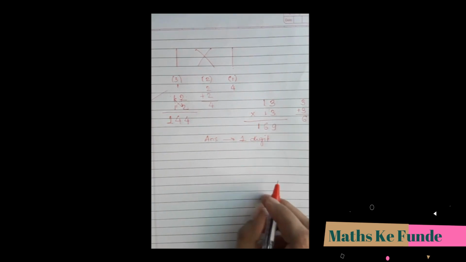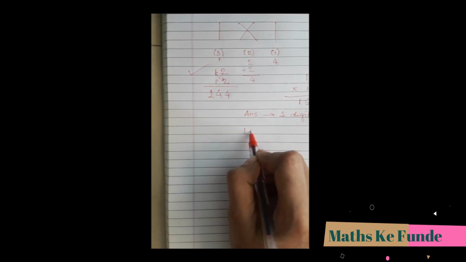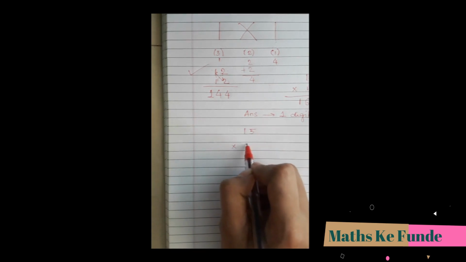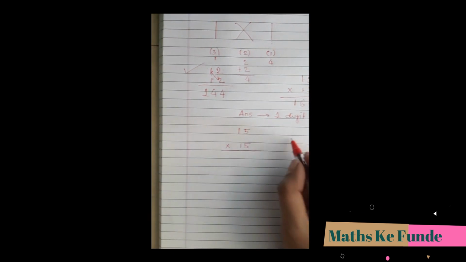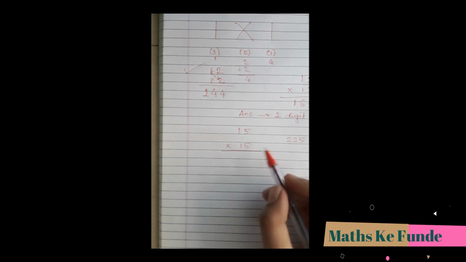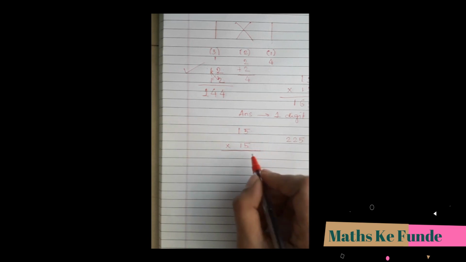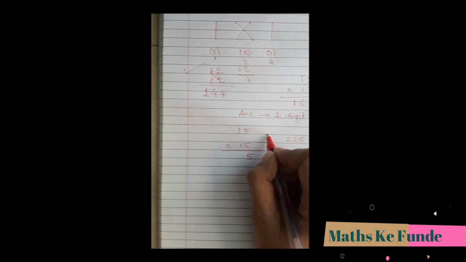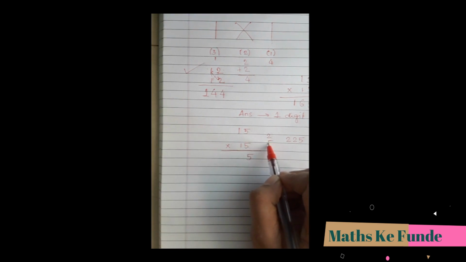Now let's take an example wherein my answer would be two digits, and let's see what I can do in that case. Let's take 15 multiplied by 15. Now everyone knows what 15 square is. 15 square is going to be 225. So let's see how we can proceed. First step, 5 into 5 gives me 25. So I'll write down 5 and I'll carry 2. Now second step, 1 into 5 gives me 5. 1 into 5 gives me 5.